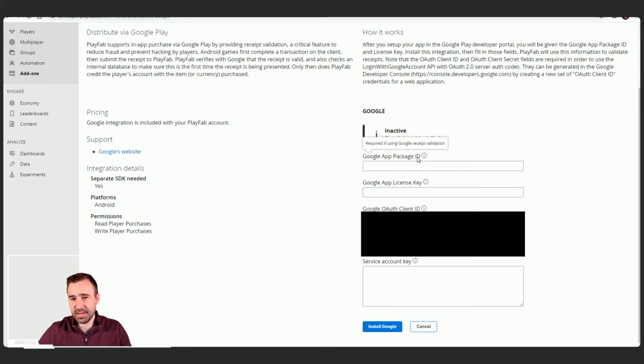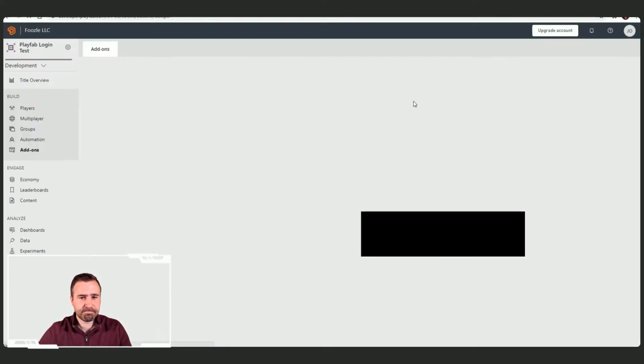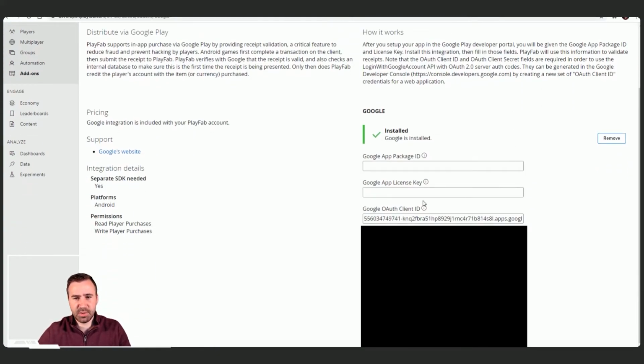If you are doing Google receipt validation, you need to add these as well. Other tutorials on that. So let's go ahead and hit install. So now we have that installed and it's good to go. So, all right, we've now linked Google Playfab with our